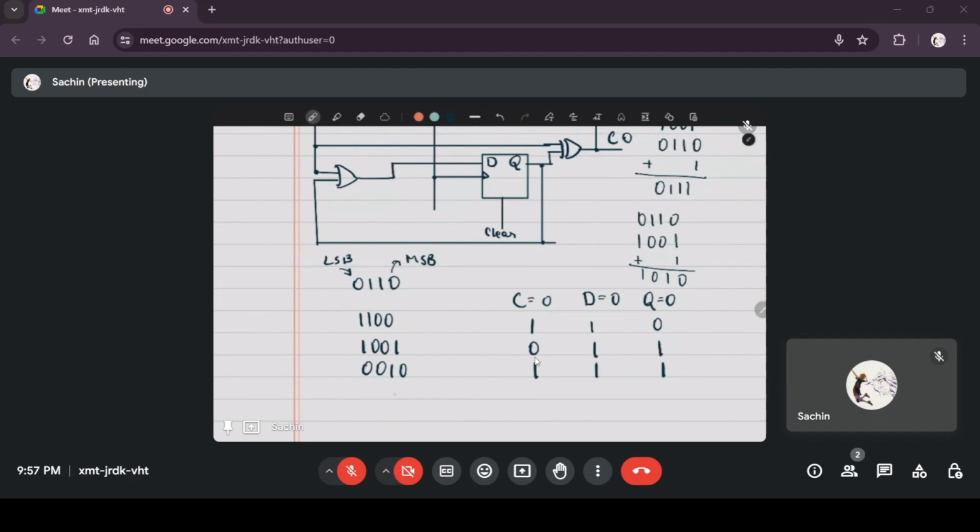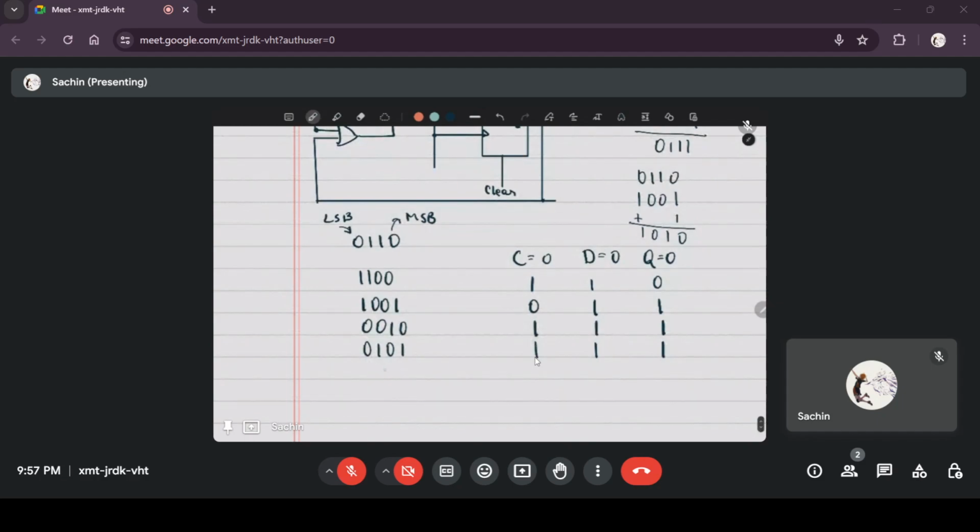Next is 1 0 1 0. D is Q is 1, C will be 1, D will be 1. So next is